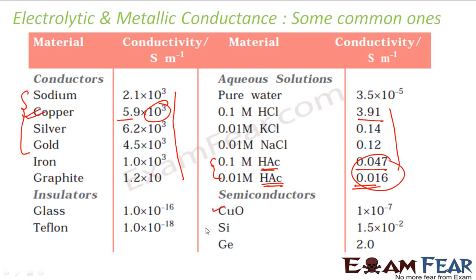Semiconductors, we have CO, silicon, germanium. So we won't study much about semiconductors. We have studied this in the last chapter itself. And glass and all, if you see, the conductivity is pretty bad and they are called insulators. Almost they don't conduct electricity. Right? They told the unit of conductivity is